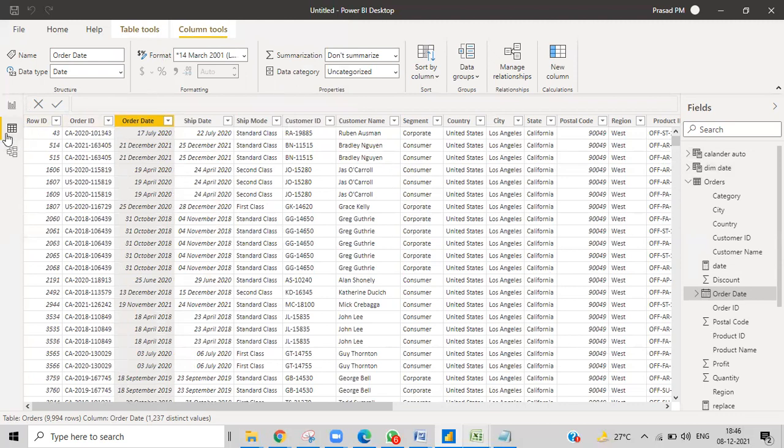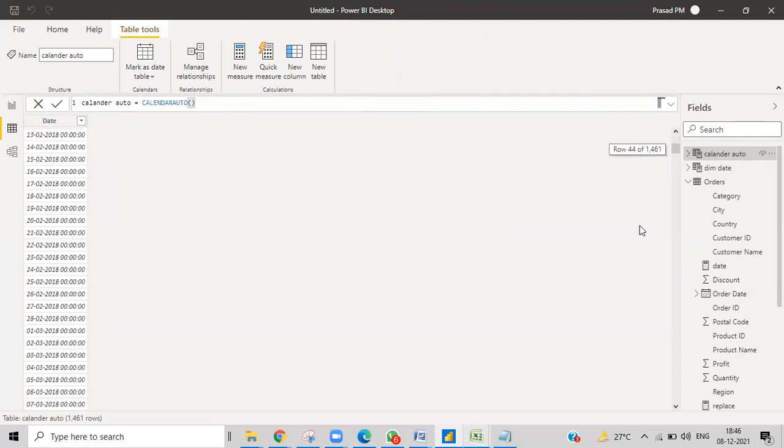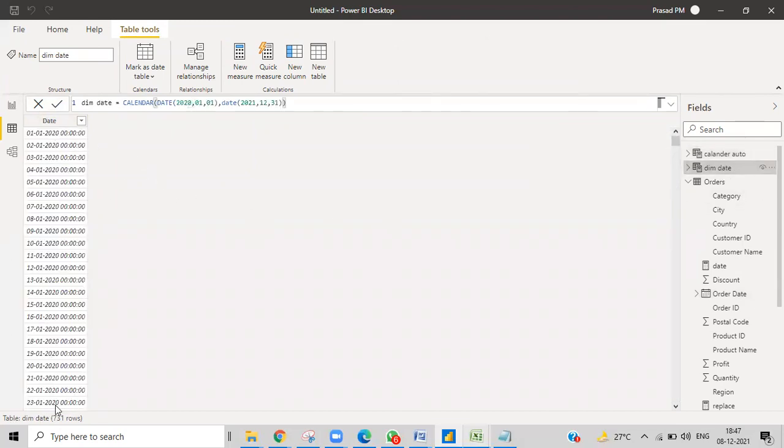Then again, in the table, you can check the calendar. Even though I have dates from the 3rd, it obviously gives from the 1st of that particular year. Even if I have dates only up to April of 2021, it will give dates to the end of that year. That is how it gives. From this date dimension, I don't want to make it too lengthy, so I took only 2 years here, or maybe we'll just do that for this, no issues.